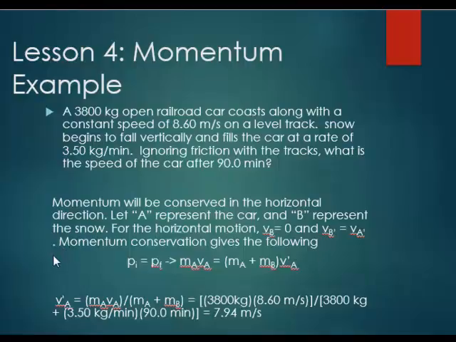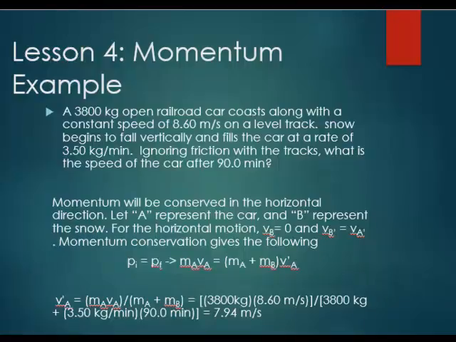Now, in a real situation, you may not see this because the car is probably not going down the tracks by itself. There's a train pulling it. What it means, though, is as the snow starts to build up, the train has to work harder and harder to keep that velocity, thus its momentum, the same. But actually, the momentum will be increasing as the snow builds up. So that's why they make sure there's no extra snow on the top of the car after a set amount of time.